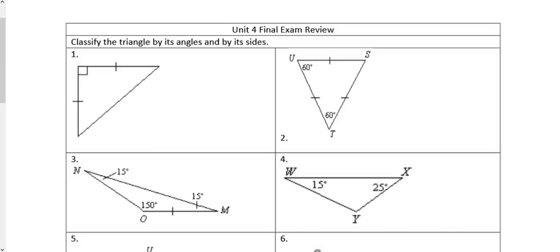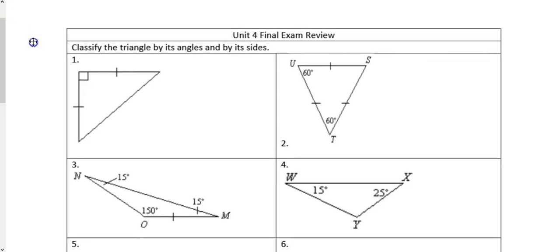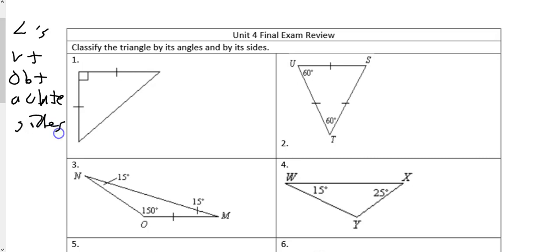Unit 4. Classify the triangle by its angles and sides. So remember, for angles, well, it would help to get a pen. So for angles, we're using words like right, obtuse, and acute. And for sides, we say